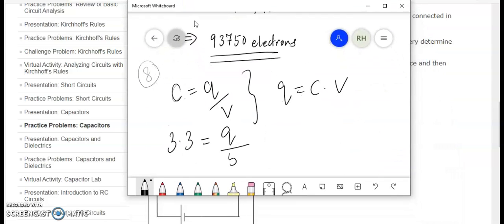So you just directly put the value and then you get Q is equal